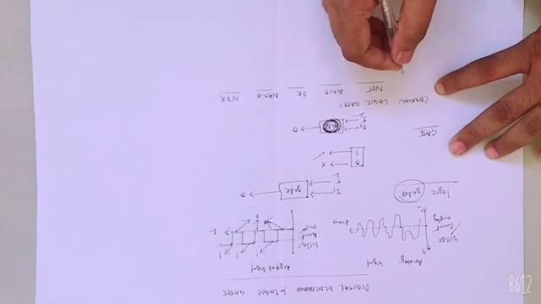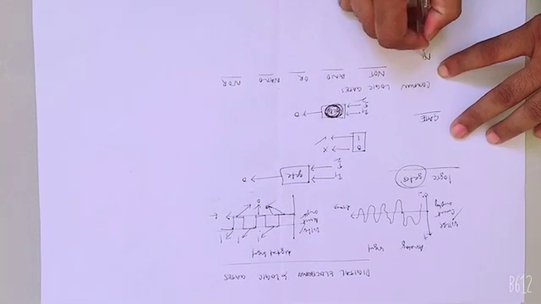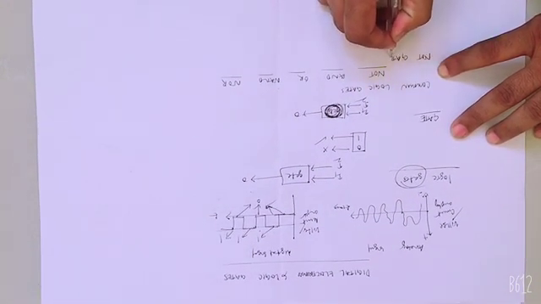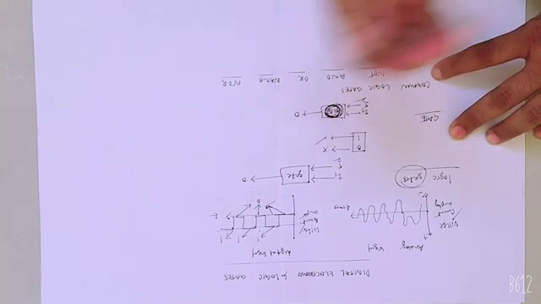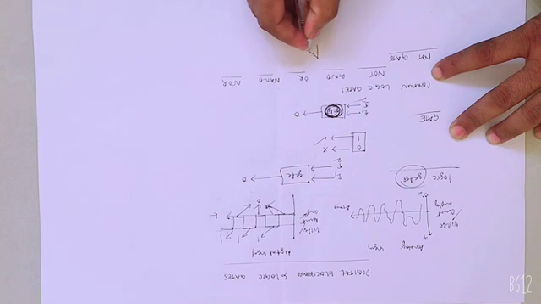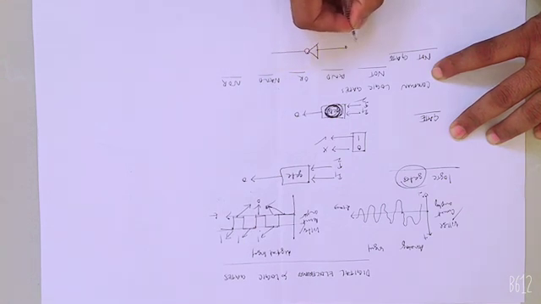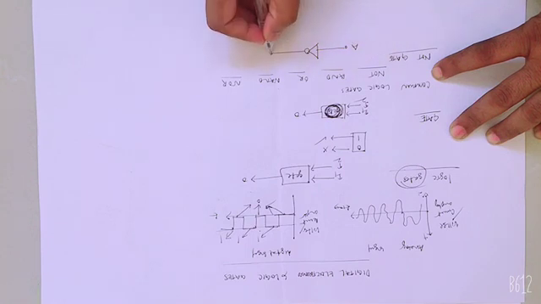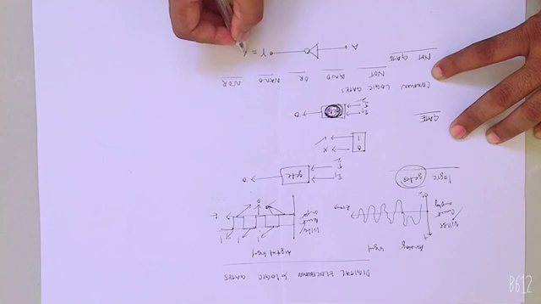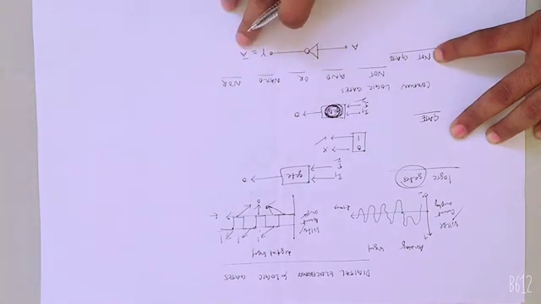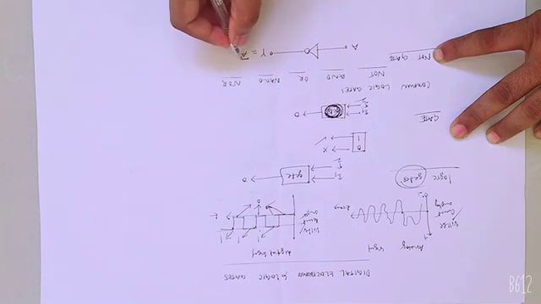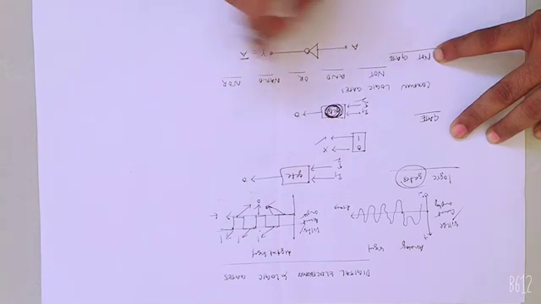Okay, first we'll go for the NOT gate. What is the symbolic representation of the NOT gate? Like this, we have a bubble over here. This is my input A and it will produce the output Y. So the output from the NOT gate will be A bar. This is called A bar, meaning inverted output.